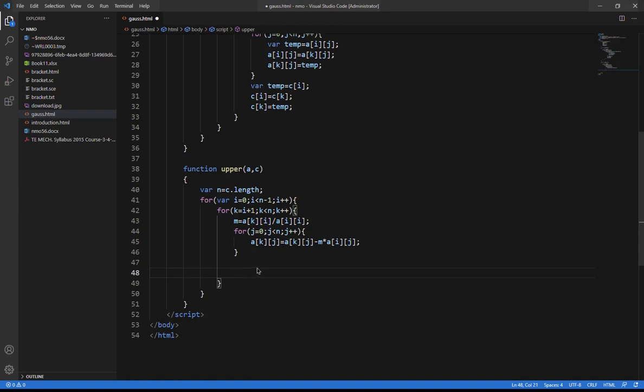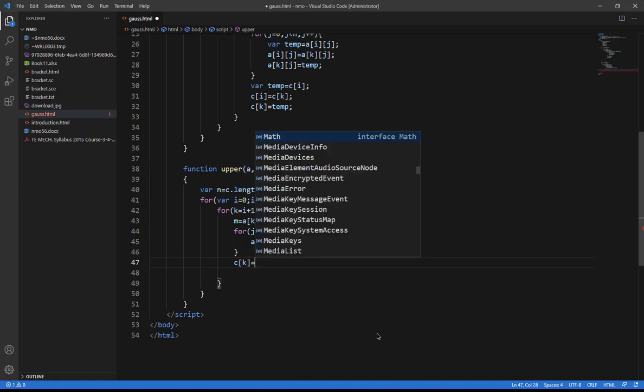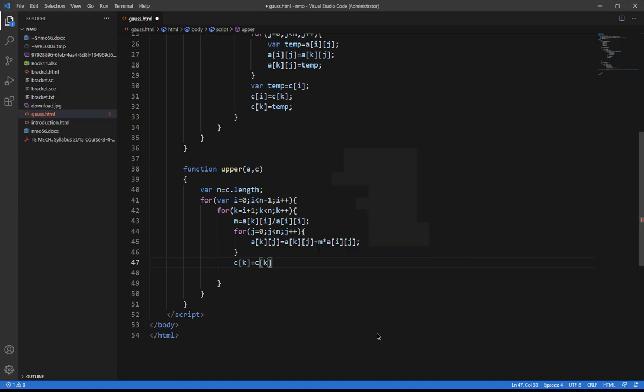So I just write down this operation, as you are already aware of what we are trying to do. That will be Ck, because Ck is going to change, minus M into C of R. So this is how it is going to work. In this way the constant matrix has been changed. Once this task has been finished, all the J has been changed, the time is to vary the value of K.